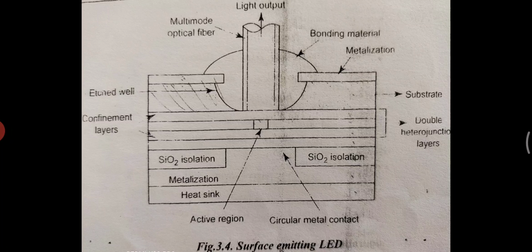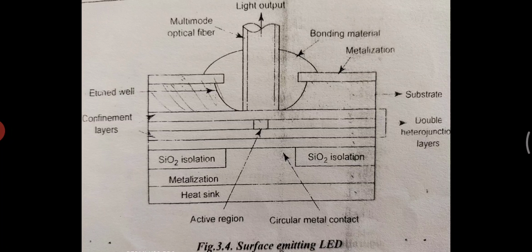In a surface emitting LED, the plane of the active light emitting region is perpendicular to the fiber axis. That is, the light output region is perpendicular to the fiber axis. A well is etched in a substrate, that is the gallium arsenide that you can see in the figure. A small well is etched to avoid heavy absorption of the emitted radiation, and the fiber is then connected to accept the emitted light. The circular active area in practical surface emitters is nominally 50 micrometer in diameter and up to 2.5 micrometer thick.